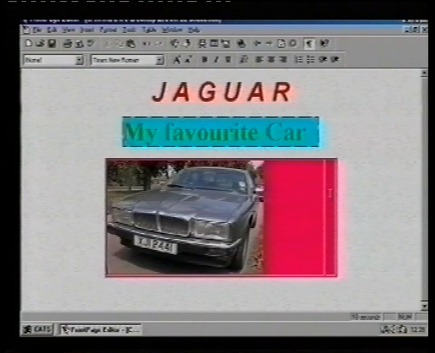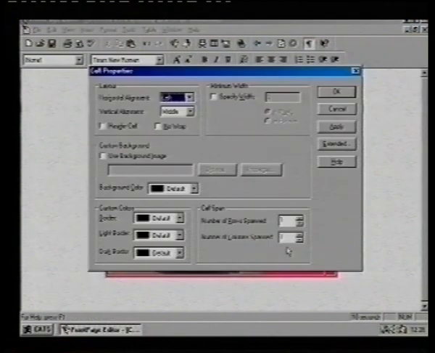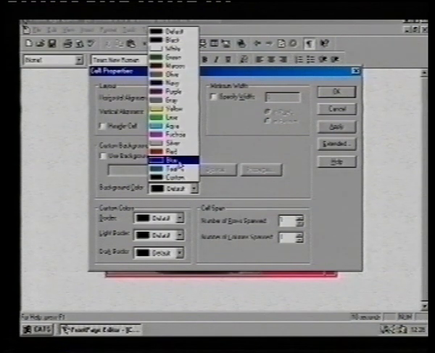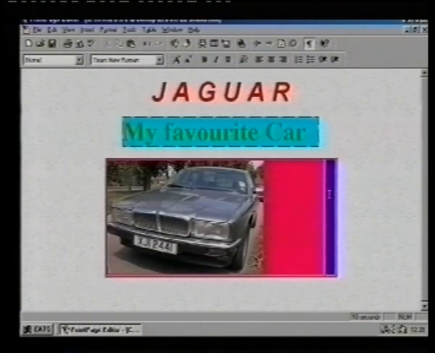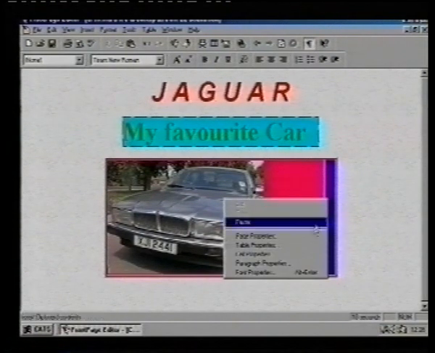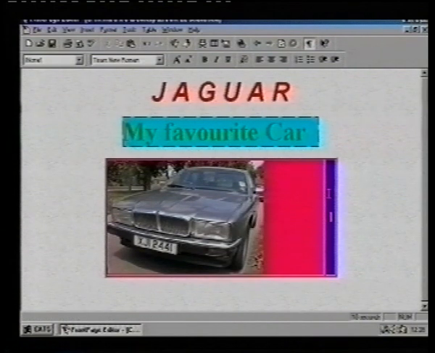to do is change the horizontal alignment to center and change the background color to blue. So we go to Cell Properties, Horizontal Alignment to Center, okay, and we're going to change the background color to blue. Now watch what happens. Now we've got one blue cell and this reddy colored cell. All right. So in the right hand cell, let's come into that cell. Into that right hand cell, we're going to type the words